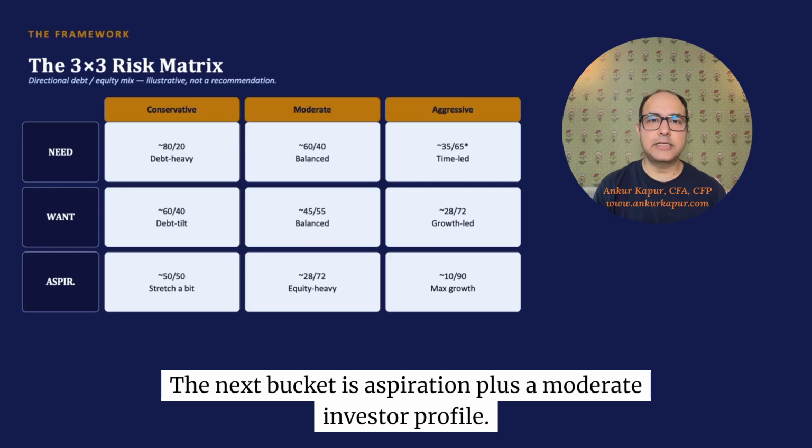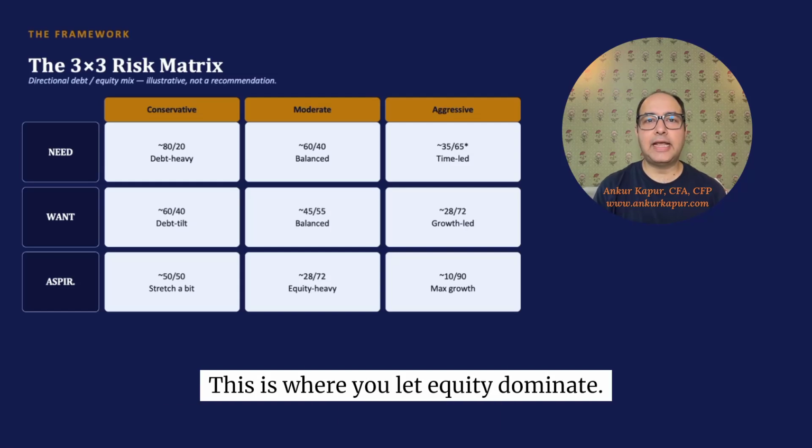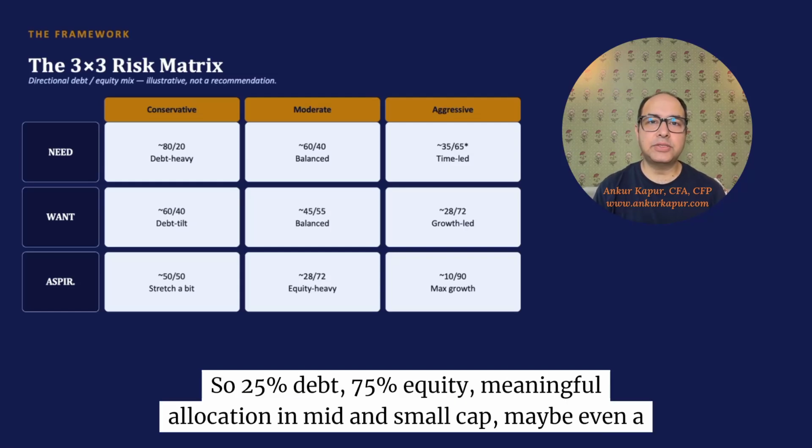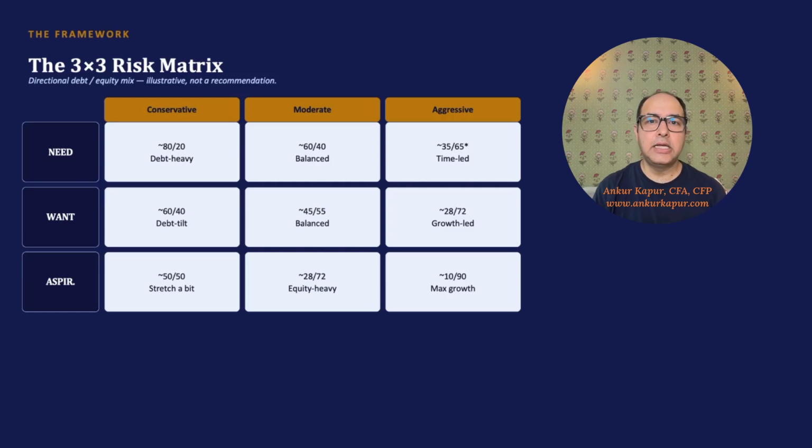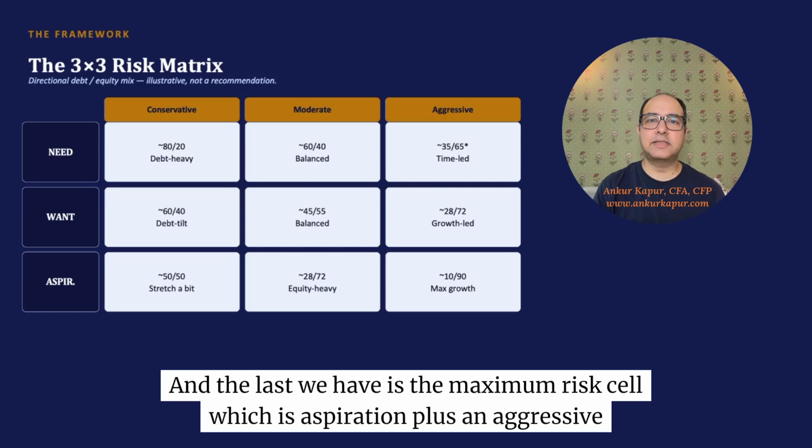The next bucket is aspiration plus a moderate investor profile. This is where you let equity dominate. So 25% debt, 75% equity, meaningful allocation in mid and small cap, maybe even a satellite allocation to international equity or gold for asymmetry. And the last we have is the maximum risk cell, which is aspiration plus an aggressive